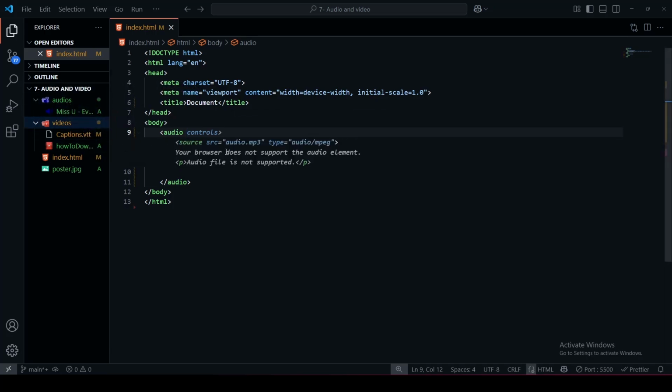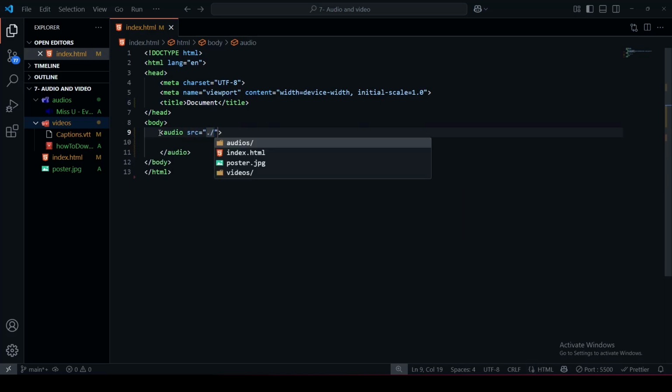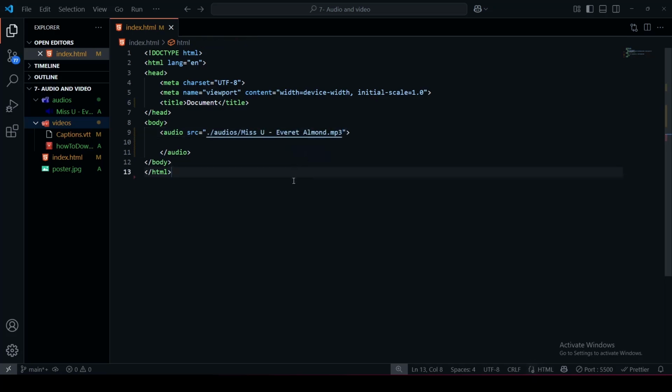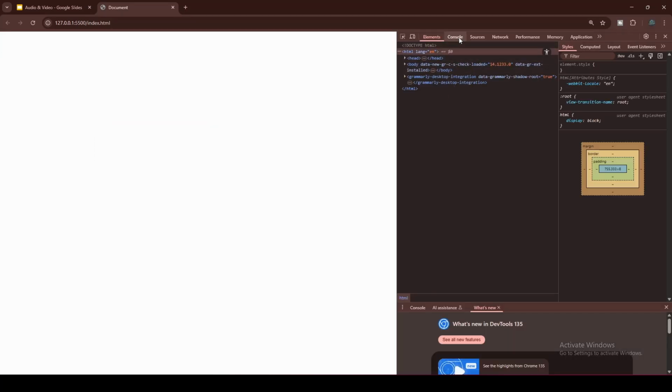Now, to access a folder in the same level, as I have mentioned before, you just have to write src="./" to access the same level, and write the folder name, then the file name of the sound. Then, when you open your document and open the inspector, here you can see the audio file, but it's